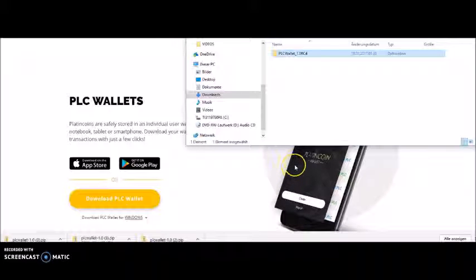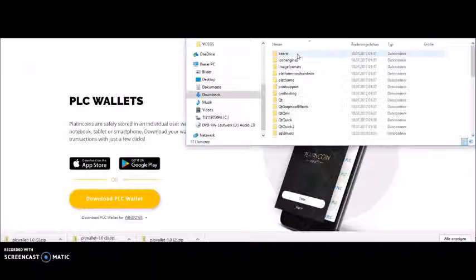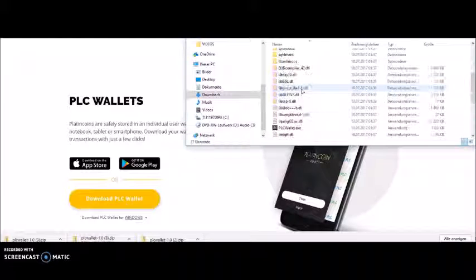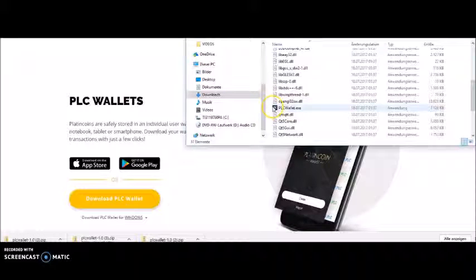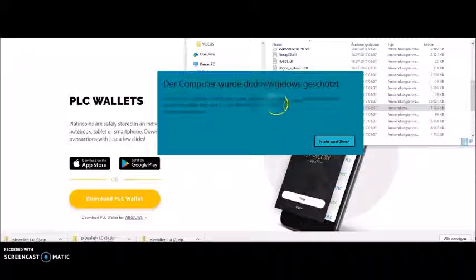Now you see that this folder just comes again. You do double click and we see now that that has changed. So you will see the PLC logo now, so it's filled. I do the double click and now you are asked by your computer if you need further information. You will do it,